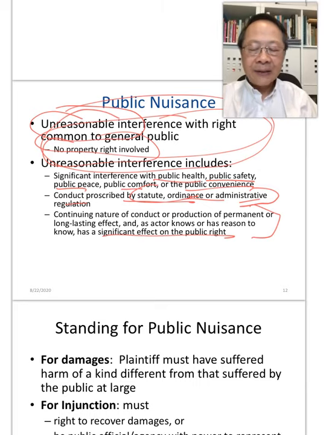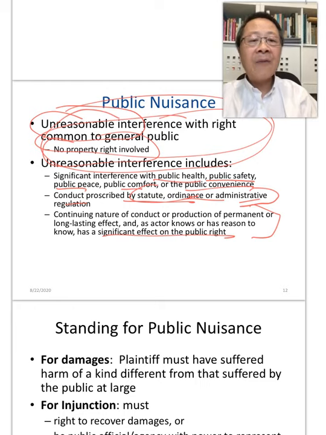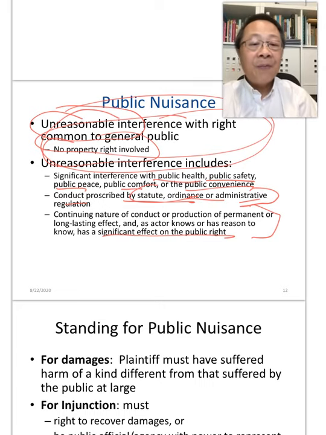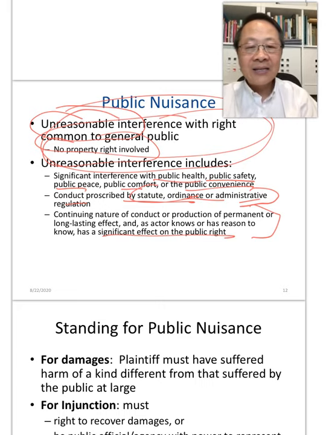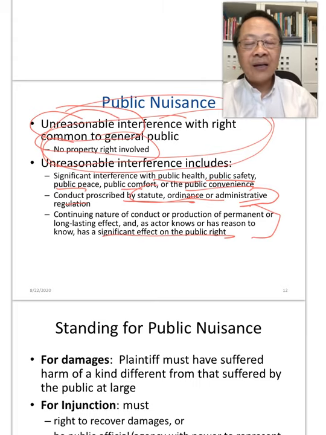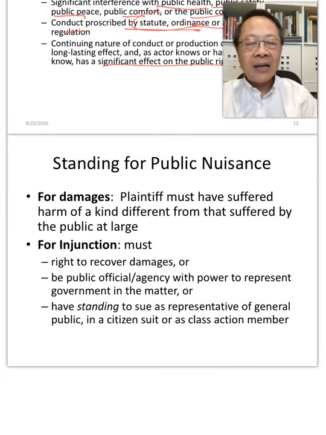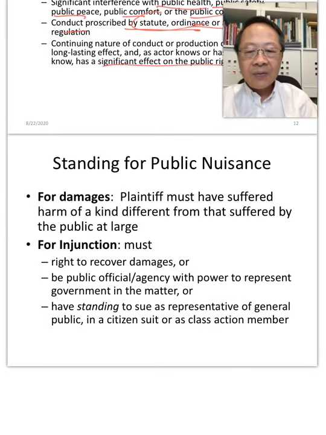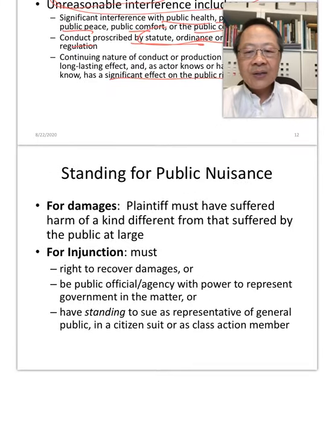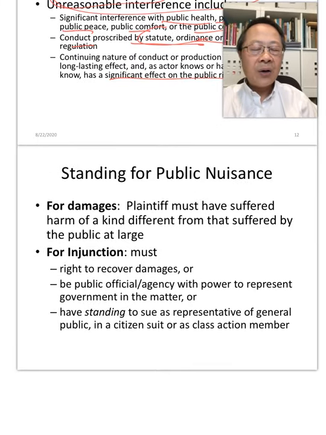If everybody could bring a public nuisance claim for whatever they deem to be an interference with public health, public safety, public peace, public comfort, public convenience, you can see how broad that is. It would essentially be unworkable, allowing everybody to claim anything as a problem to them. And so public nuisance limits the use of this doctrine by limiting who can bring a claim. In general, public nuisance claims can largely be brought only by the government, but also by individuals who